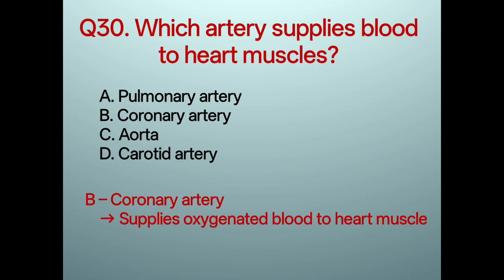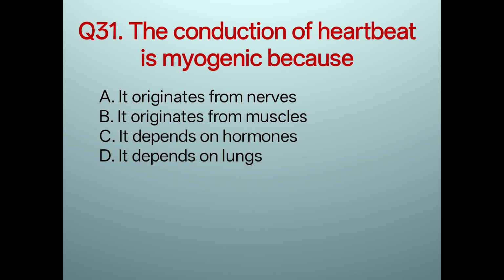Pause for a moment. Take a deep breath. Exhale slowly. Let's continue. 31st. The conduction of heartbeat is myogenic because it originates from nerves, it originates from muscles, it